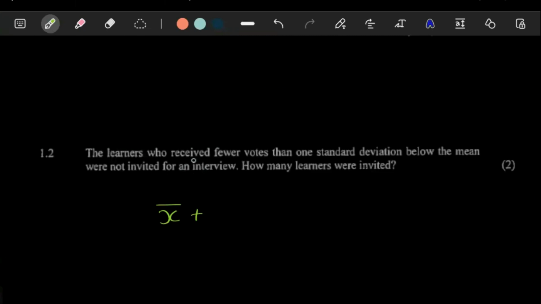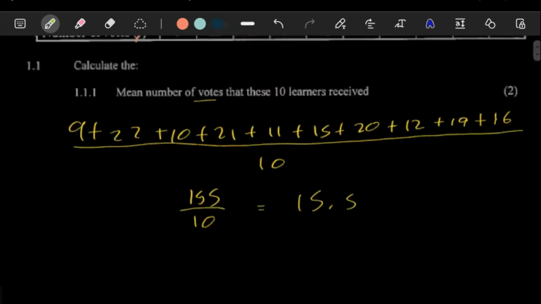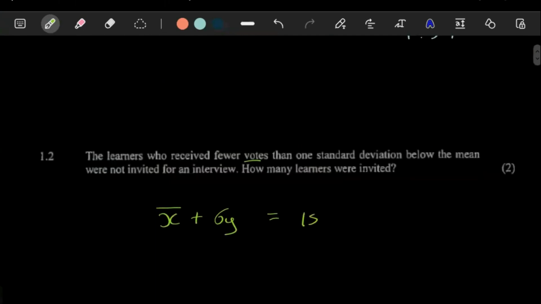So let's see here. Learners who received, so we're talking about the votes now. So you have to take the standard deviation of the votes. The mean for the votes, remember, is 15.5, and your standard deviation is 4.59. So you're going to take those two, you add them up. No, you have to remove actually. You have to take the mean and remove 1 standard deviation. The reason you're removing 1 standard deviation is because they said learners who received fewer votes than 1 standard deviation below the mean. So you have to take the mean and go 1 standard deviation down, which is going to give you